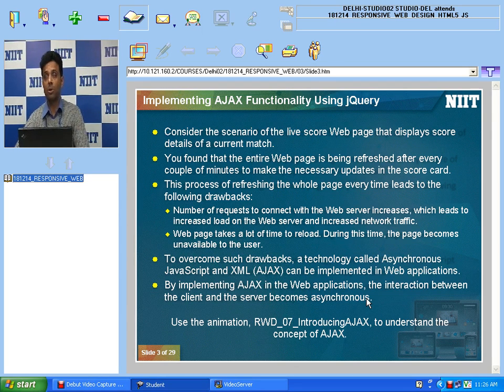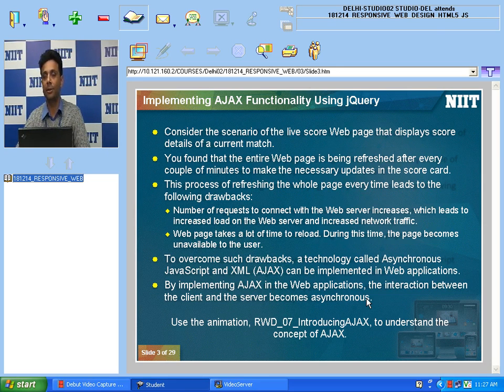So no questions, so I think I will proceed, and I will start the next topic related to Ajax. You can find on your screen the scenario which I already discussed with you. For example, you are following a cricket match, and maybe you want to get an updated score, and you are trying to connect with your server, and every time you try to connect with your server, the whole page is going to reload.